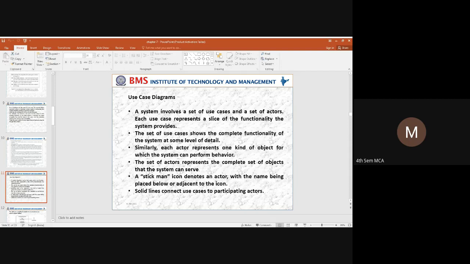The actor can also be called a stickman. The stickman is an icon which denotes an actor, and from the actor we need to connect the use case. How can we connect to the use case? By using a solid line.